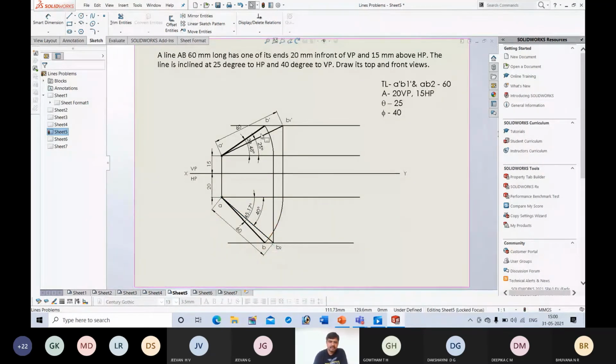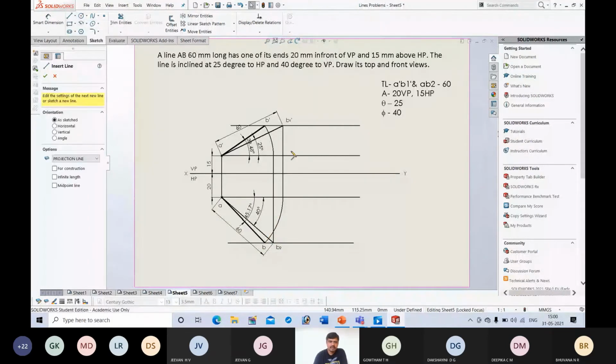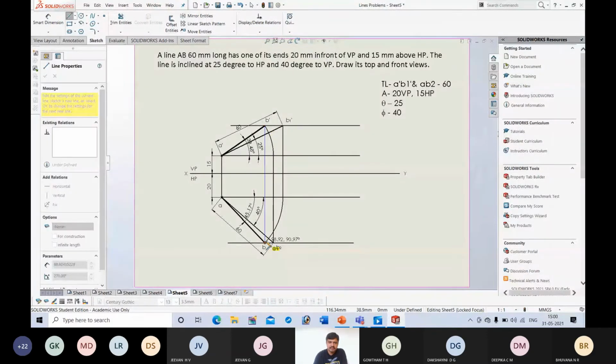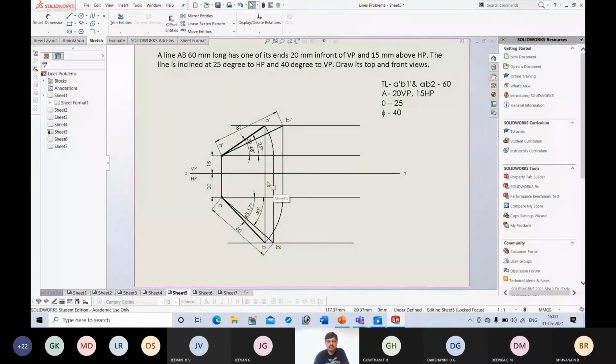After that, if you are able to draw an exact vertical line between B and B dash, it is called the end projector, and your solution is correct. This is for cross verification. After completing the procedure, if you are able to draw a vertical line connecting B dash, and that is an exact vertical line, then your solution will be correct. If you are not getting this B dash and this vertical line, then you might have committed some mistake. So that you can understand with the help of this.